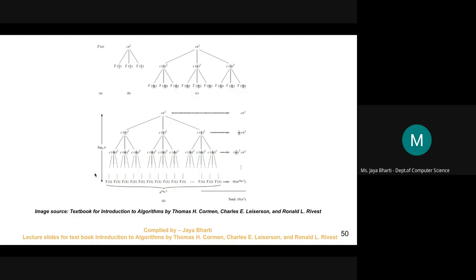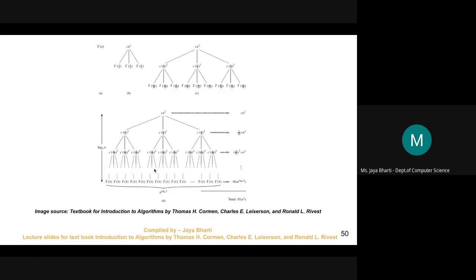c n square. Okay, because here we are dividing, you can see that each sub problem we are dividing further into 3 sub problems. So it will be 3 into 3 into 3. Okay, the 3 plus 3 plus 3, not into. So now you will have 9 sub problems. So that's why it is written like (3 by 16) whole square.